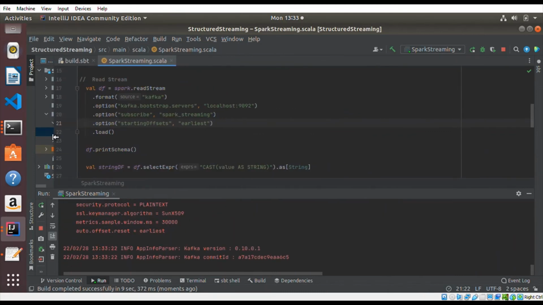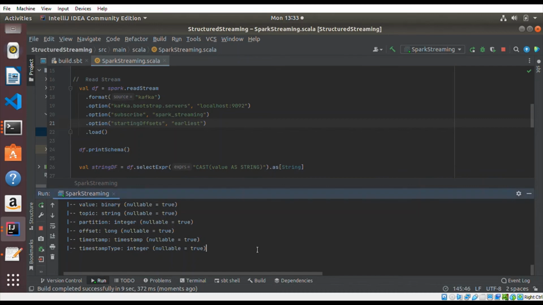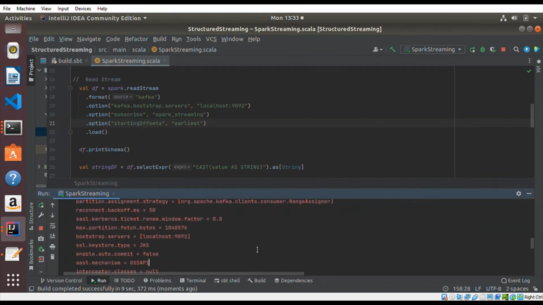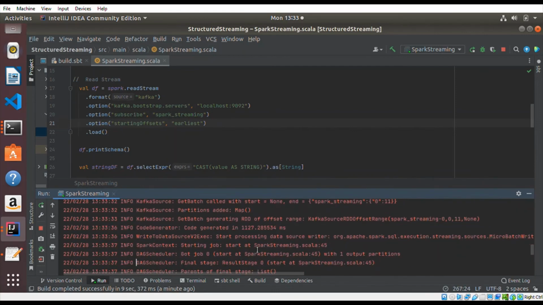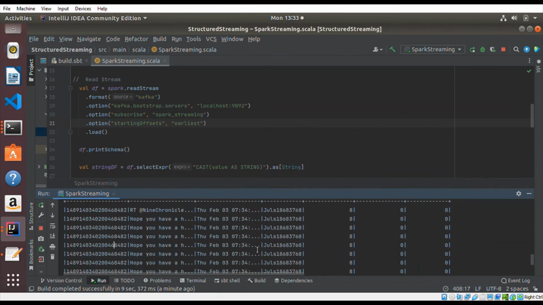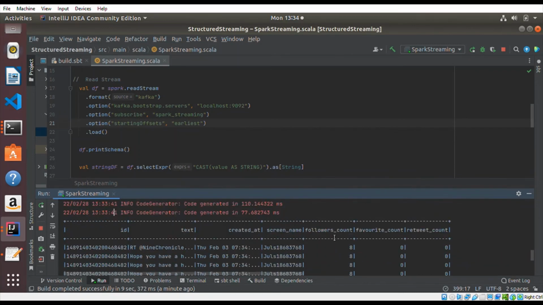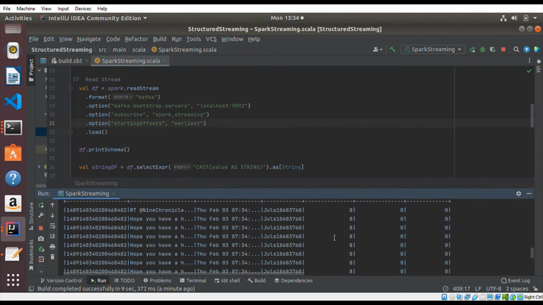Let me just close down. Okay, so that is printing the schema, and let's see if everything goes well. I should be able to get the data frame. There you go. So now we're getting the data frame of the ID, text, created at, screen name, followers count, favorite count, retweet counts. So it's reading the data that are already